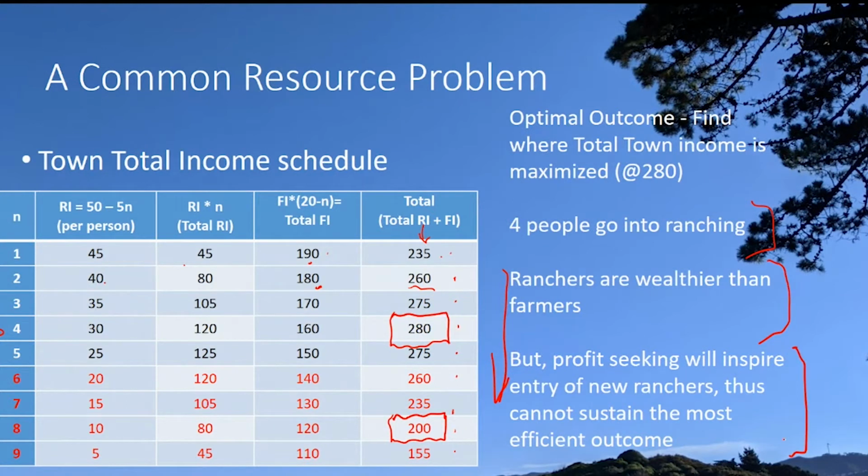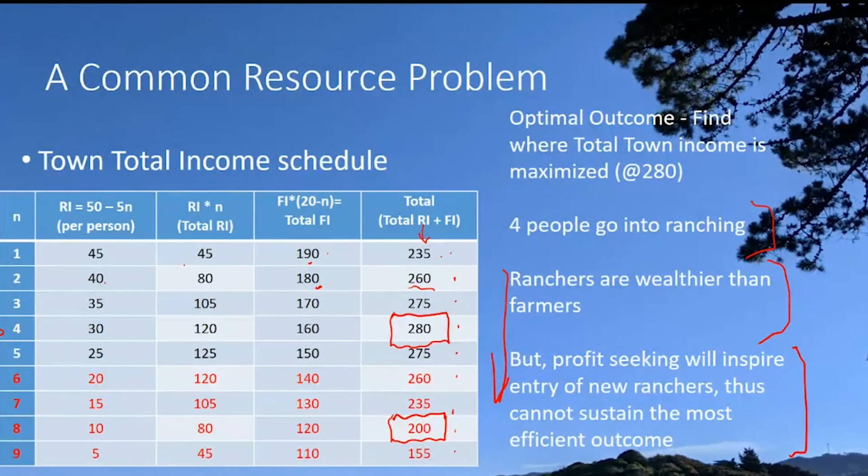Okay, and the equilibrium, if you could somehow inspire 4 ranchers to go into ranching and stop there, that might be sustainable for a short period of time, but you're going to have the potential that profit seeking could actually induce the entry of new ranchers. So you might have a rancher who says, well, we've sort of agreed to just 4 ranchers, but if I could bring my herd of cattle and hide them around the mountain on the other side where the pasture's pretty good, then maybe I can get away with it and I can actually make $25, which would be if 5 ranchers enter. Okay, and that's better than $10.